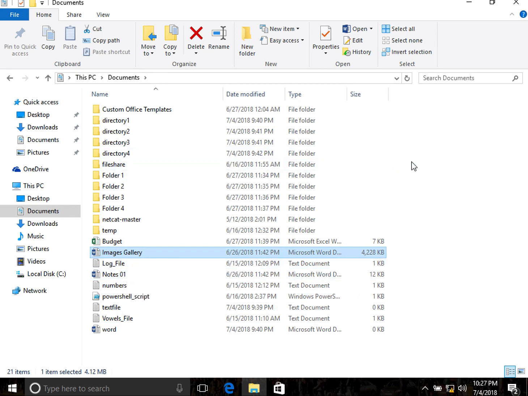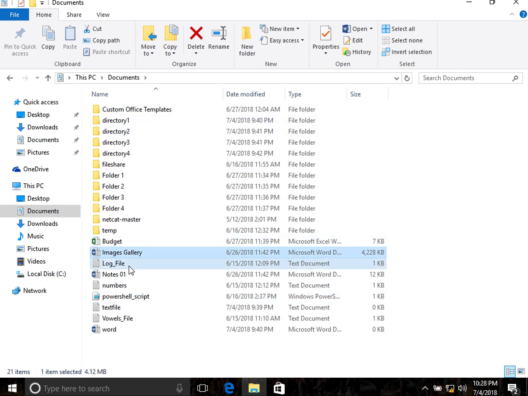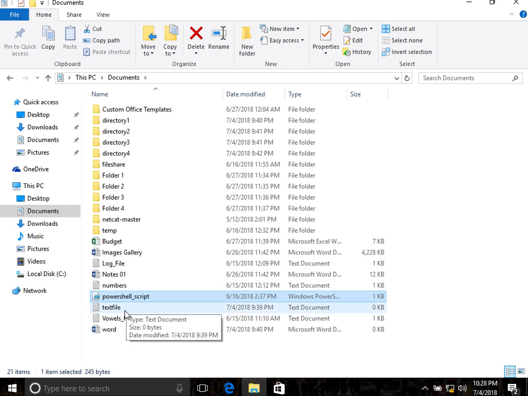The thing is that all files or all programs that you install on your computer, they store those files using a particular extension. The extension for Microsoft Word files is .docx, the extension for spreadsheet files is .xlsx, and the extension for text files is .txt. So all files have their extensions. The extension for PowerShell files is ps1. By default Windows doesn't show us those file extensions, but what if we want to